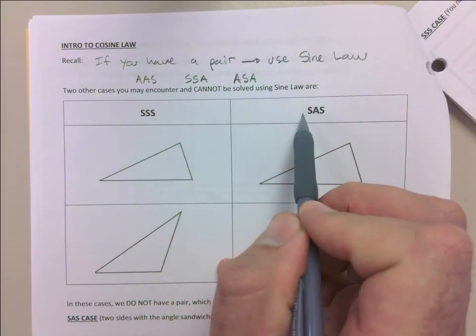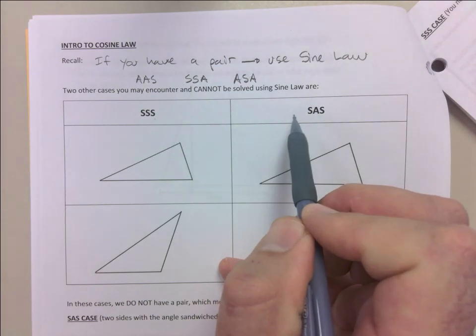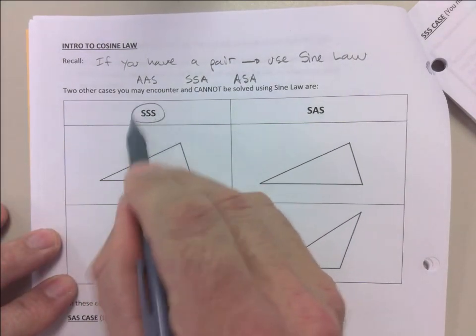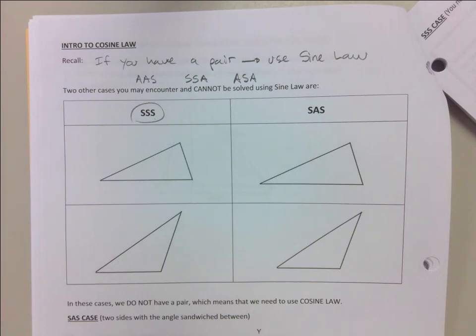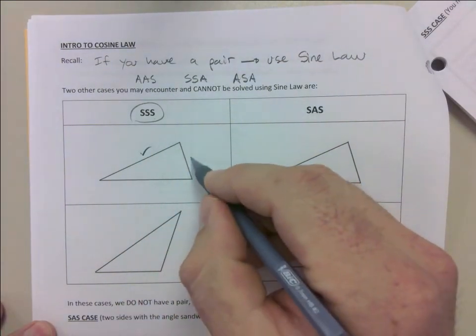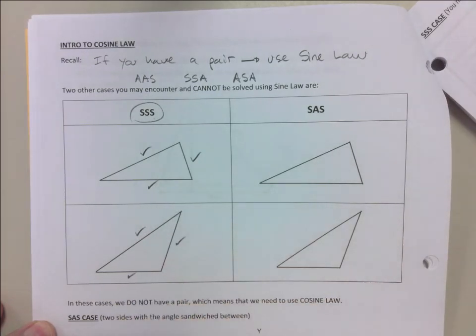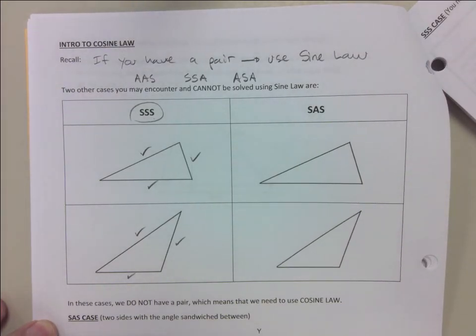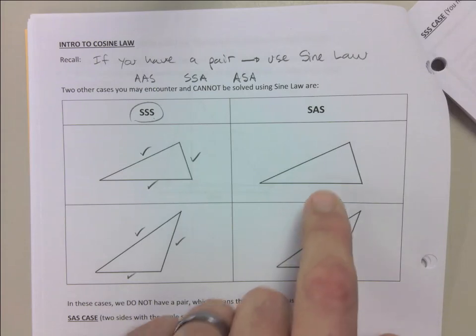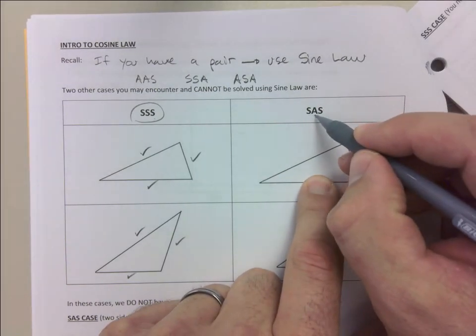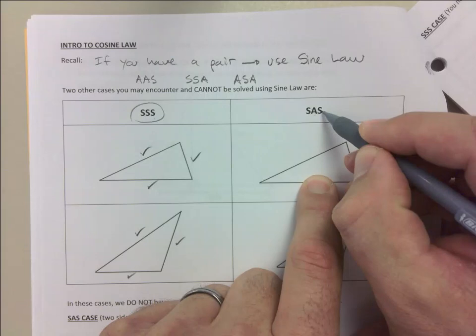2 cases, cosine law. Okay? So the first one is side, side, side. You've got all 3 sides given to you. So check mark, check mark, check mark. Or if it's an obtuse angle, doesn't matter. You know all 3 sides. Okay? That's one case. And then the other one is side, angle, side, where you have 2 sides and the angle